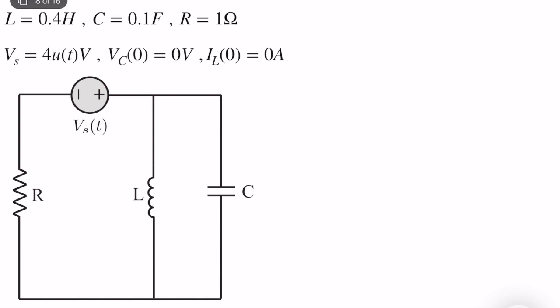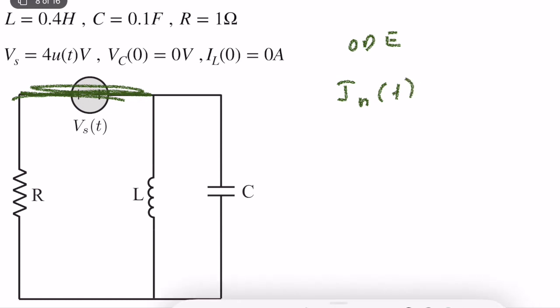First, kill the voltage source. You don't need to do that, but this is one way of solving this. Kill the voltage source, find the ODE, and compute I homogeneous of t. Or it can be V homogeneous of t, where we consider the capacitor voltage, and it should be given to you in the problem. Once you compute the homogeneous solution, of course, you will have some C1 and C2. You can proceed to the